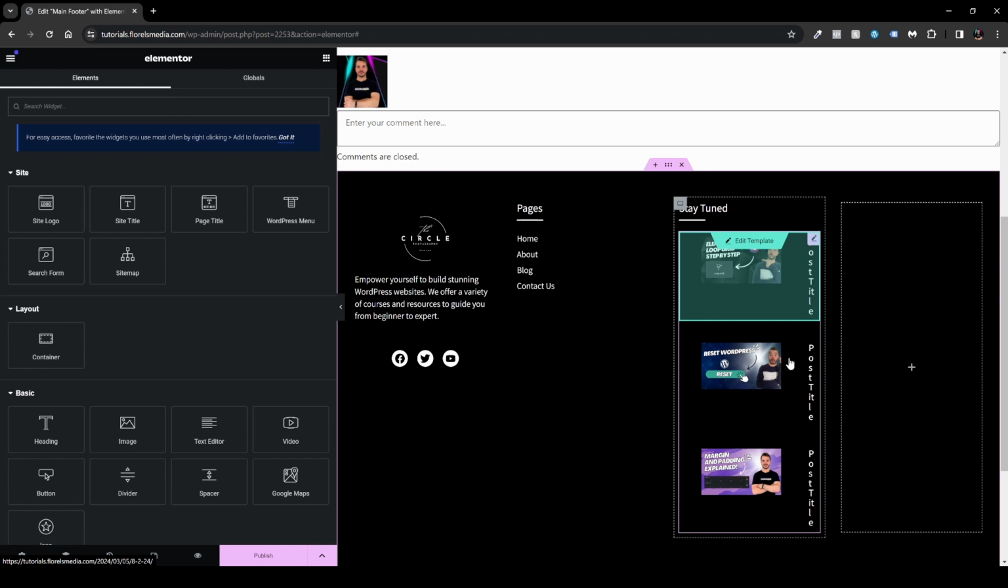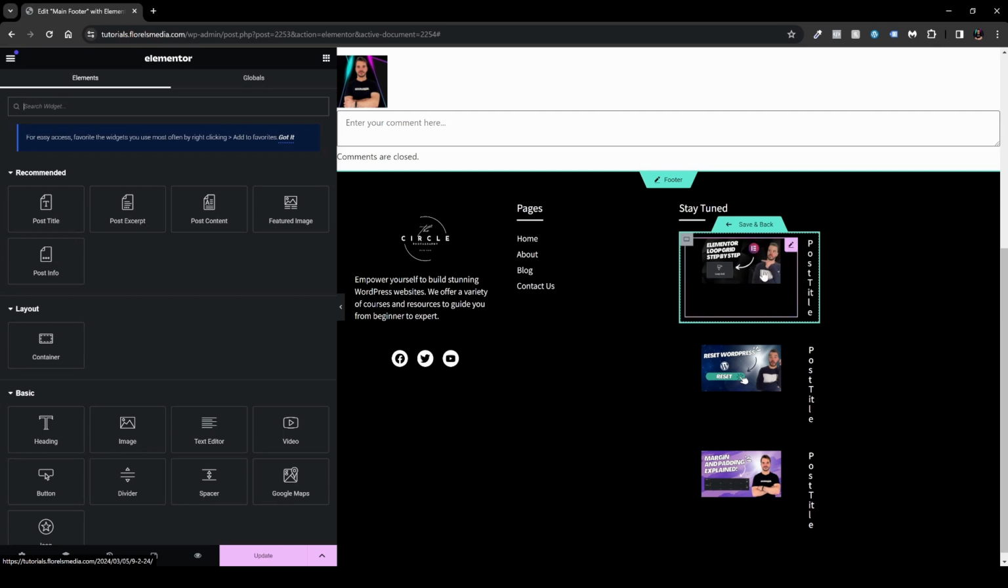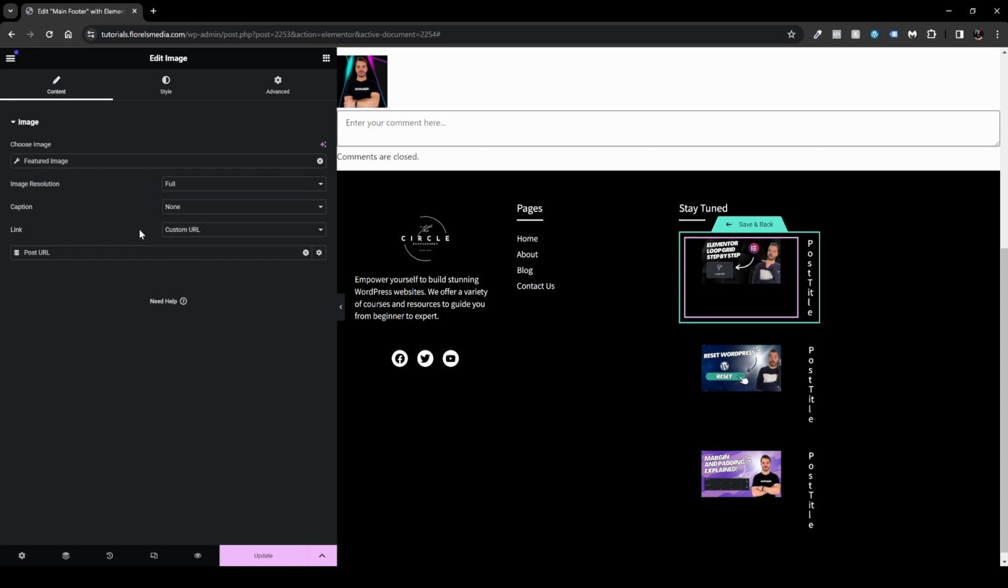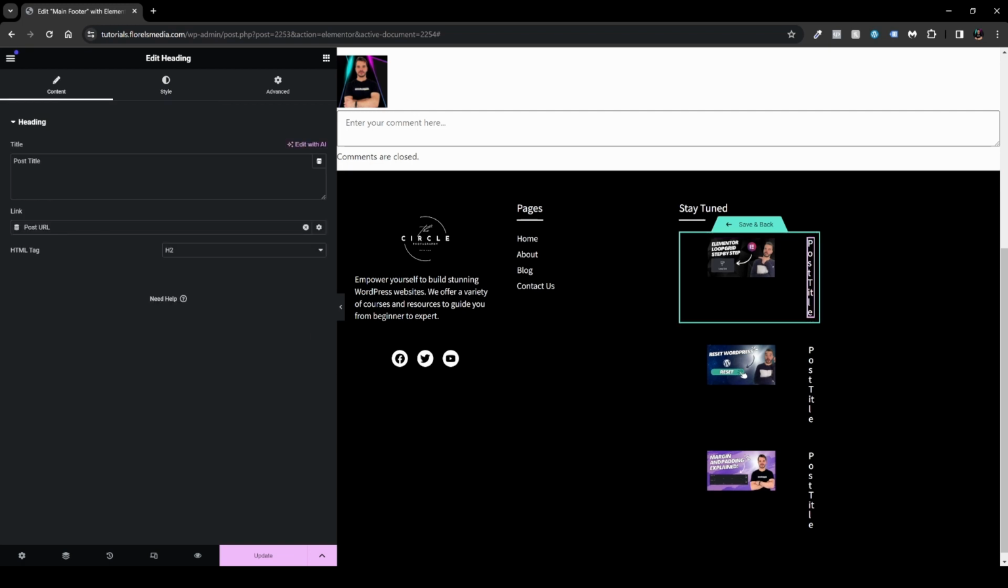But if what you see here does not satisfy you, you can always go to edit template and then edit it differently. So as you can see here, the image is taking up a lot of space. So you want to just squeeze down the image by going to style and then just dragging the image smaller. If that doesn't help, what you can do is head over here and then go to your heading,